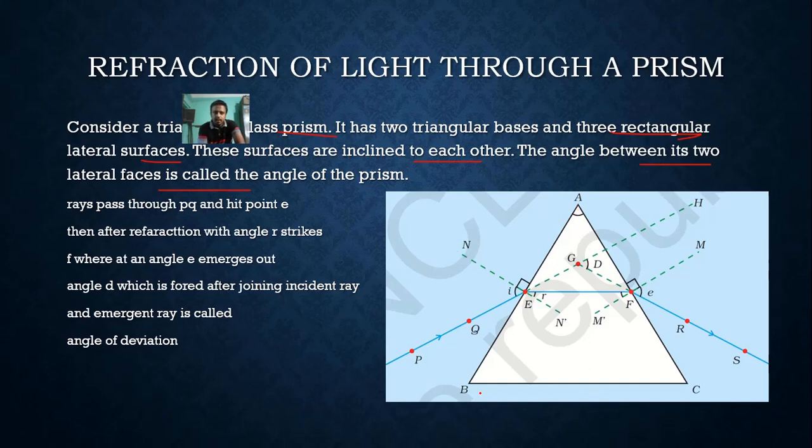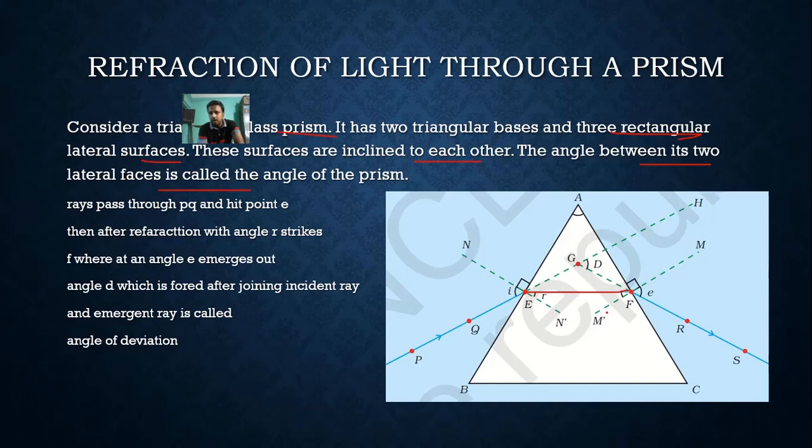First we should perform an experiment. In this experiment, ABC is the triangle, meaning the glass prism's one face, and one incident ray is coming through P and Q. It is hitting the point E. This is the point on the glass prism, and after refraction, it passes like a straight line, appearing straight to us, but it is not straight, as it is at an angle R,